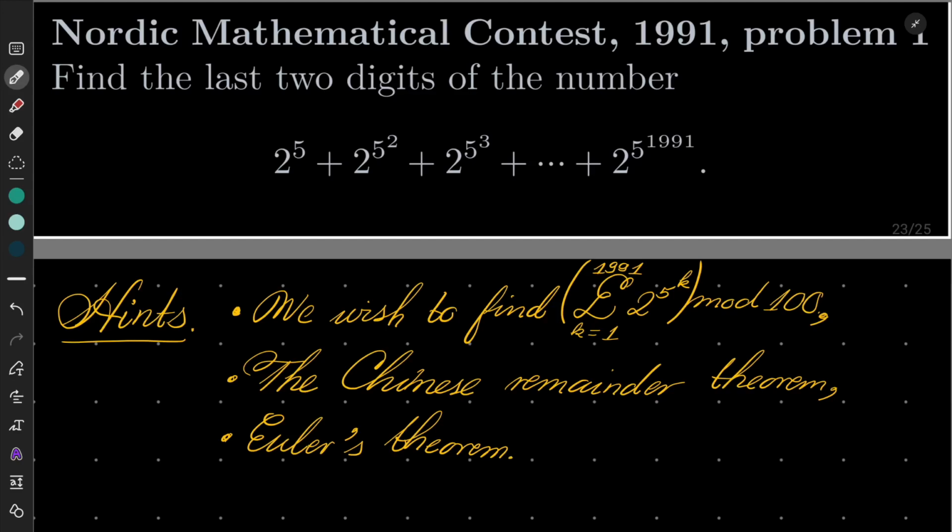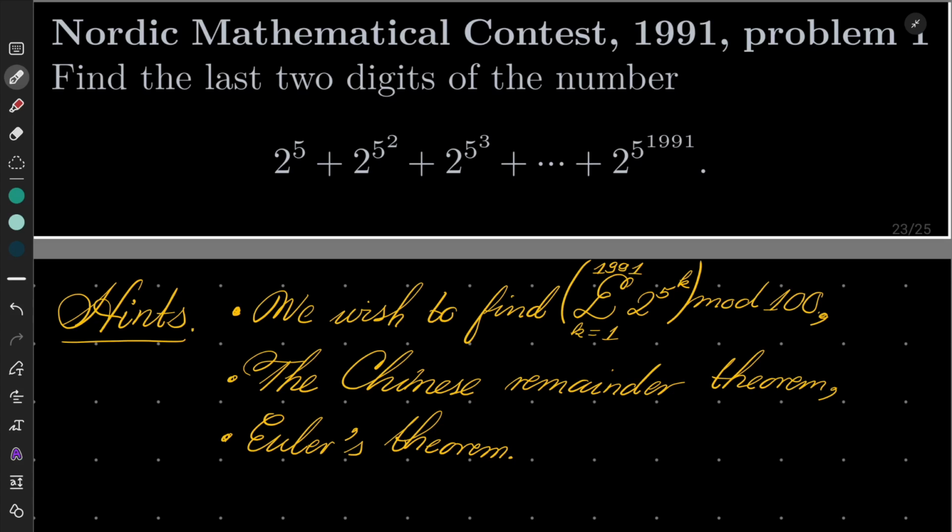Hello friends, in this video I'd like to show my solution to the following problem from the Nordic Mathematical Contest 1991, problem number 1. So we wish to find the last two digits of the number 2 to the 5th plus 2 to the power of 5 to the second power plus 2 to the fifth cubed and so on, plus 2 to the power of 5 to the power of